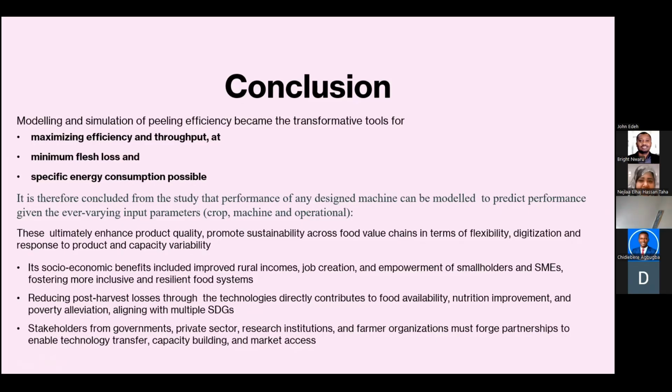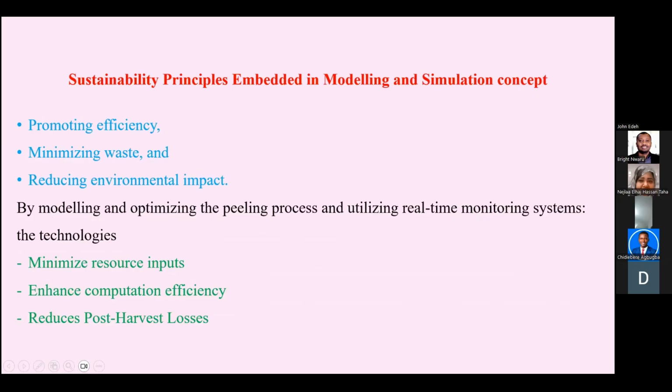Okay. So reducing post-harvest losses through technology directly contributes to food availability, nutrition improvement, and poverty alleviation, aligning with multiple SDG goals: SDG 2, 7, 8, and 12, as the case may be. Now, this research was a pointer to addressing certain concerns of those SDGs. Okay, stakeholders from government, private sector, research institutes, and farmer organizations must forge partnerships to enable technology transfer, capacity building, and market access. Sustainability principle embedded in this modeling and simulation is